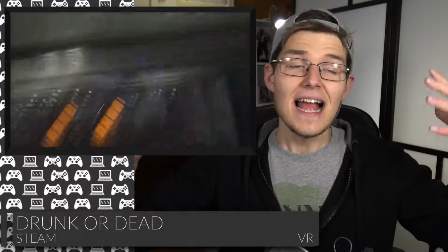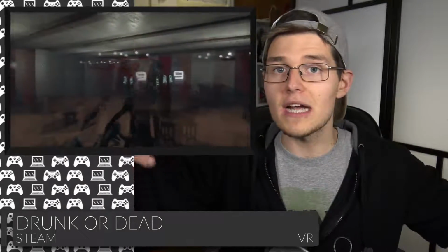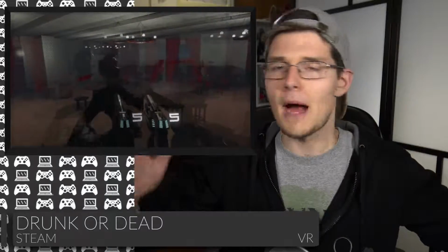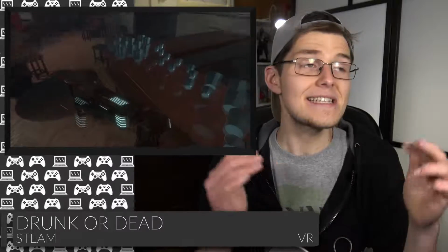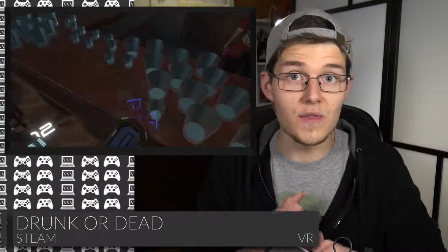It's coming to PC, and over the course of the last part of December and the first part of January, there's been a bit of a polish put on the game, but needless to say, it is not going to be a Black Ops. It is not going to be a Killing Floor 2. This is a very rudimentary do shots, shoot zombies kind of game,